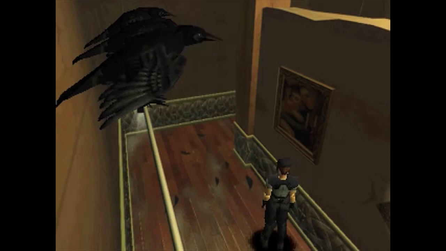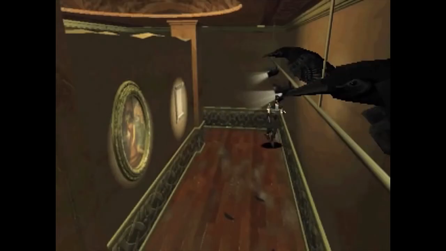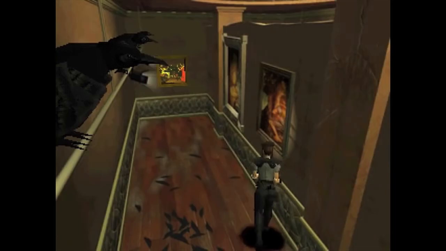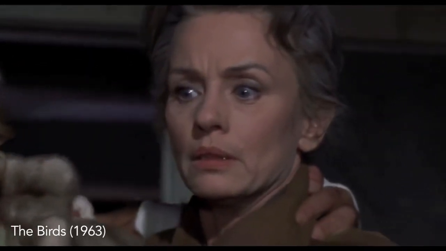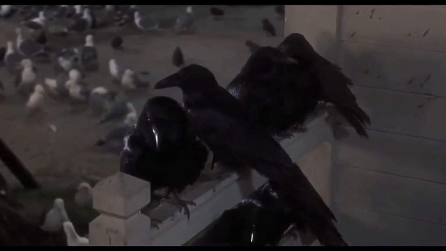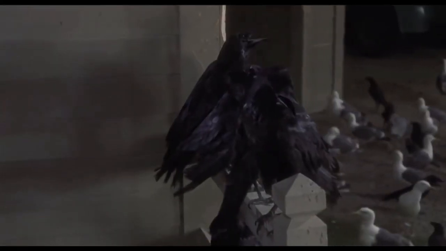Their menacing presence permeates the room, and makes you anxious about making a decision that could cause the crows to attack. Considering the camera is framed from the crow's perspective, the character becomes increasingly more exposed and insecure, as they are in this moment literally being watched. In fact, this scene echoes Alfred Hitchcock's The Birds, where you find yourself holding your breath, awaiting the birds' inevitable